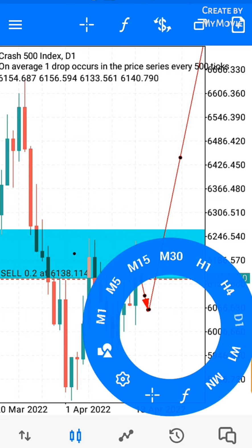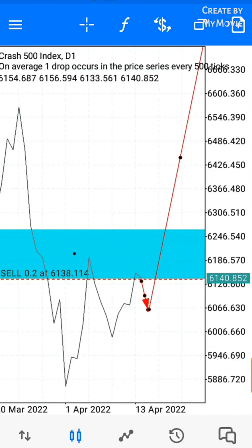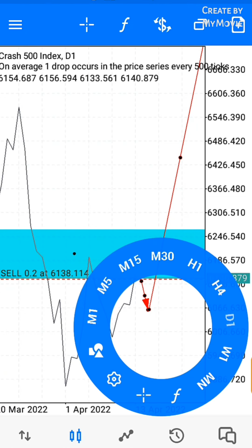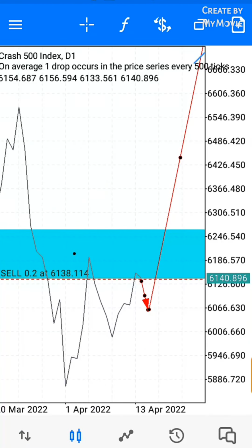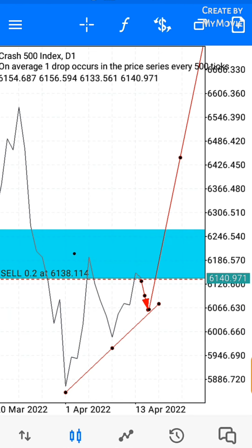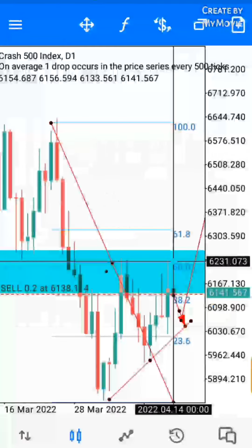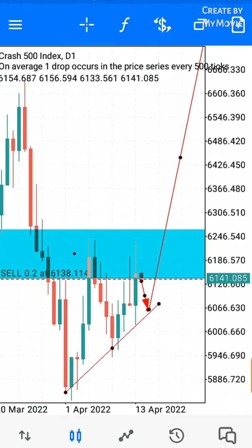Let's move to line chart. So in line chart, you can see that there is this trend line being observed, making higher highs and higher lows, meaning to say our market is going to reverse. So I expect price to bounce back from our trend line at 60.66 mainly, before it continues to move up. So please, for support and resistance levels, use multiple time frames,